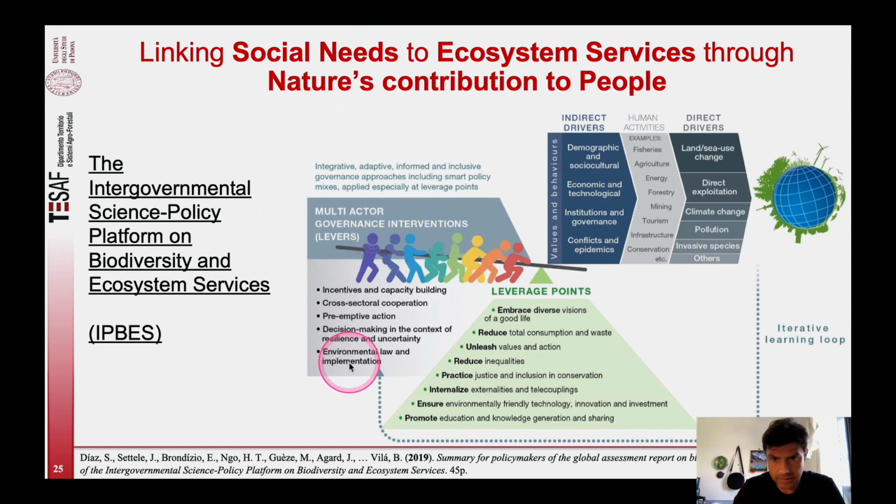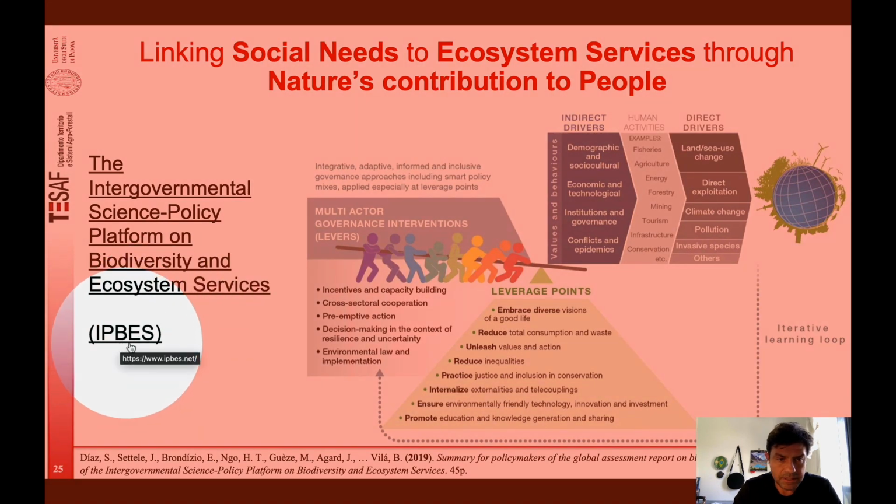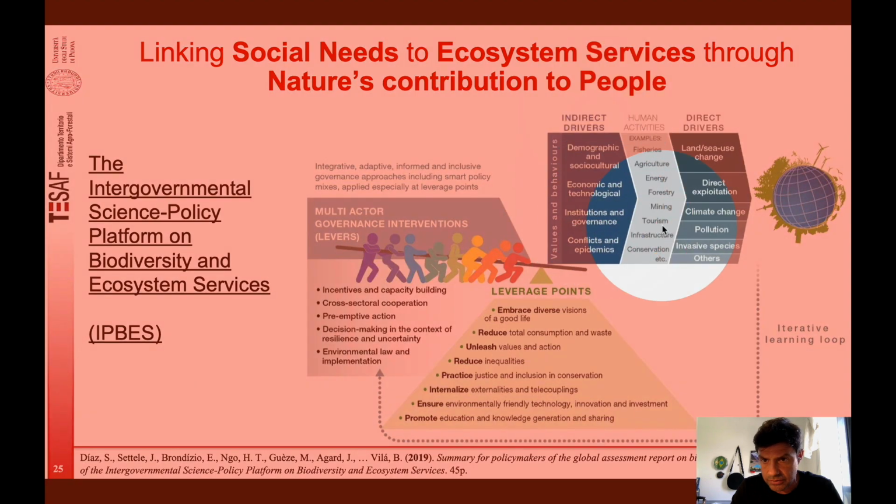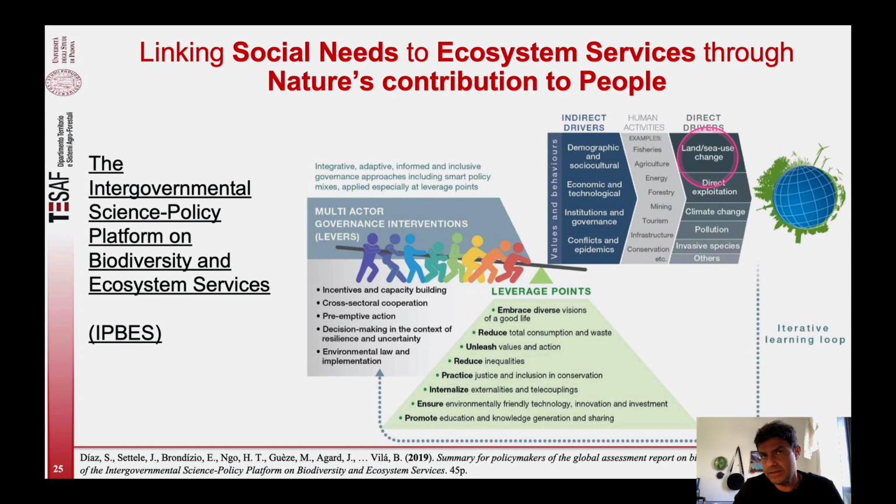So, and also we have a very interesting and important movement and also publications. It was very recent, which is the Intergovernmental Science-Policy Platform on Biodiversity and Ecosystem Services, what you call IPBES. And they developed this scheme that basically shows how mobilized people could act to change some drivers of deforestation and land use change. So here we have the drivers that could change the landscape or degrade the landscape. Many human activities here could lead to an ecological situation that reduces people's well-being. So then people actually have to realize that it happened to be mobilized,